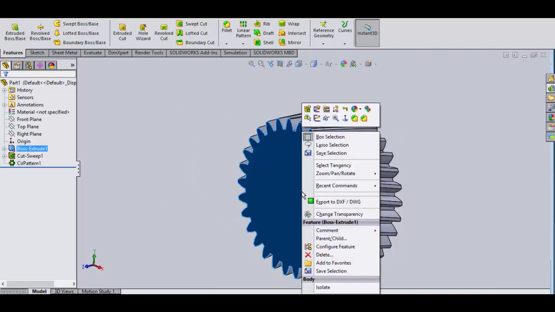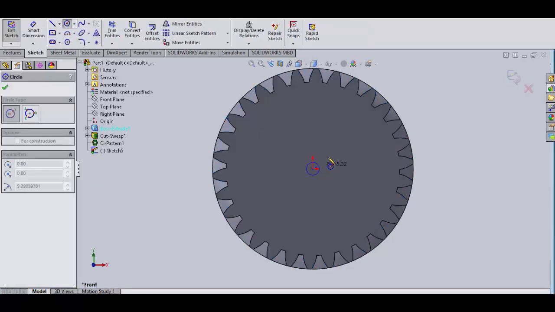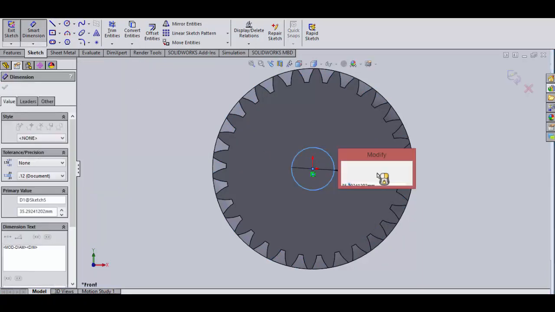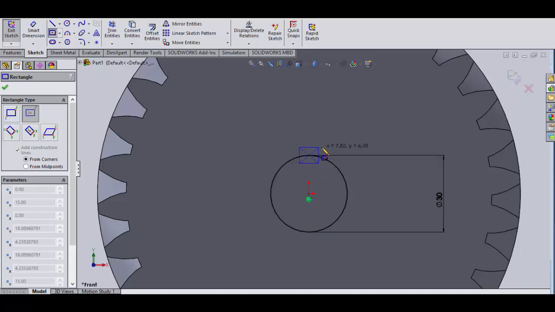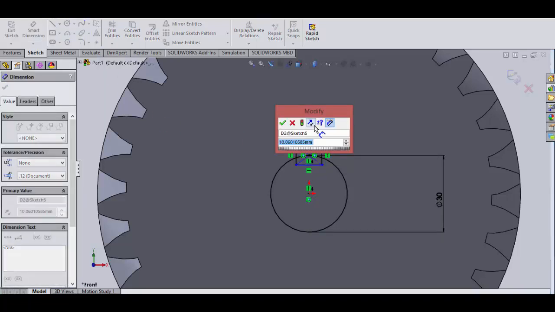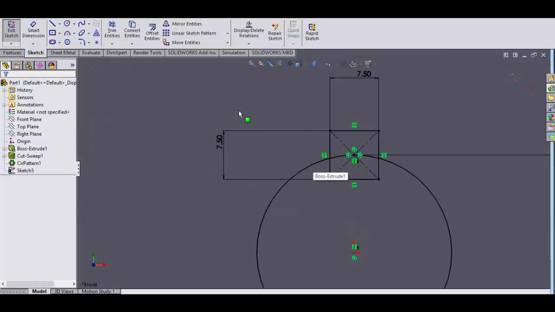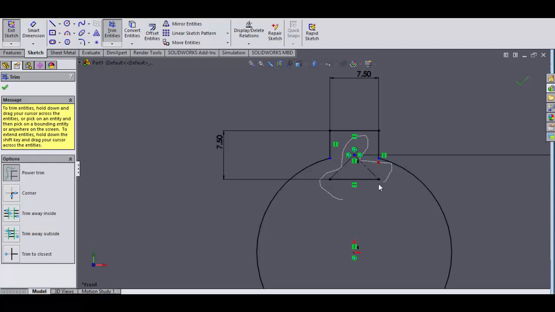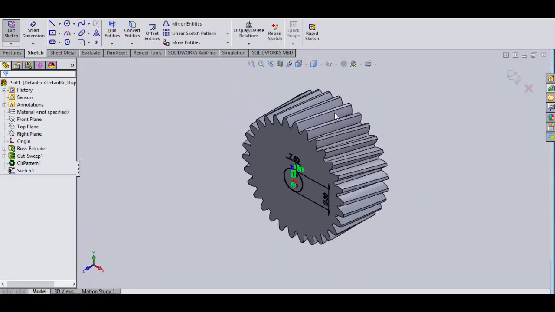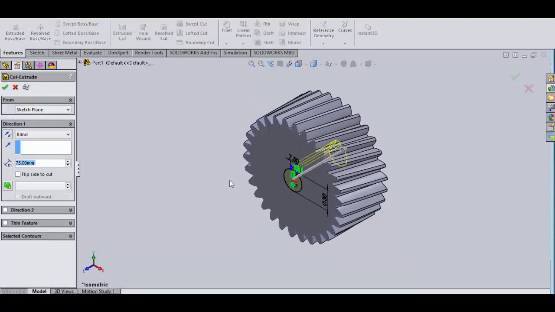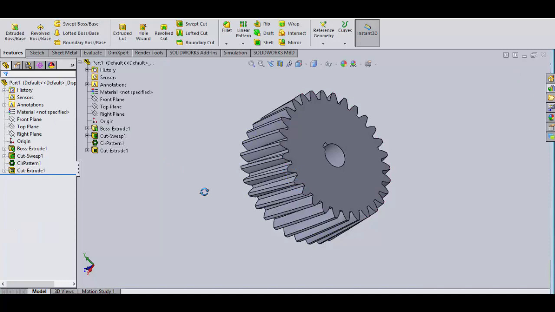Here on this particular face, right click and create a new sketch. See this from the front. Here draw a circle at the center of some diameter 30. Then draw a rectangle here with some 7.5 side, that is d by 4 or 30 by 4, in this area to get the keyway. Next, see this from the isometric view and go to features, then take extruded cut, and the extruded cut option you can take up to this surface. Okay. Then helical gear with